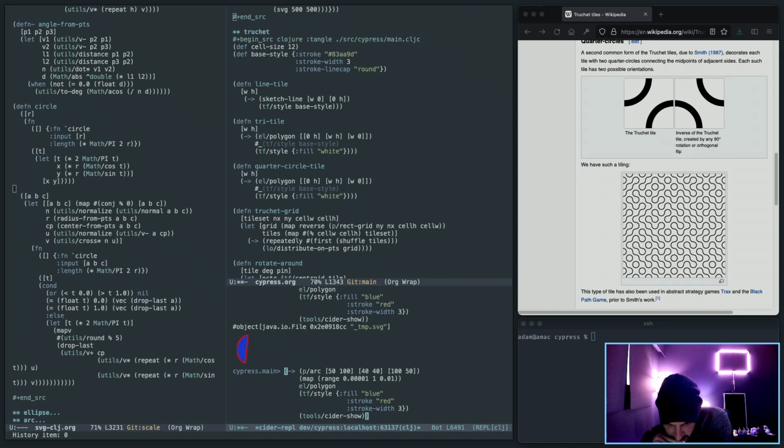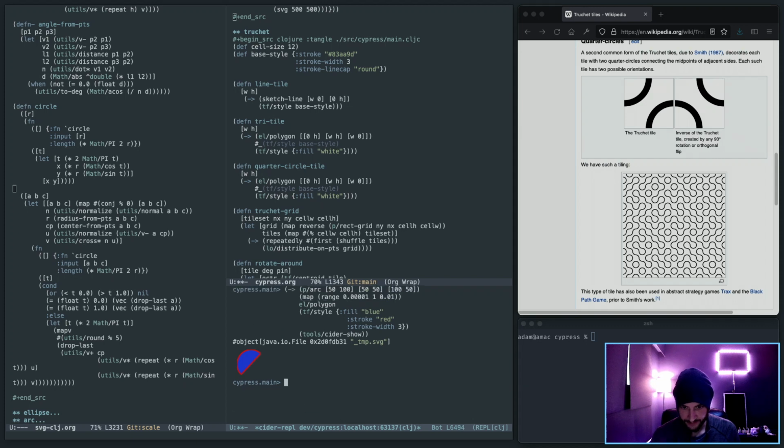It doesn't look right though. Okay, well, so obviously this is wrong, but it's a lot better. Huh. So it's wrong because I want it to be,